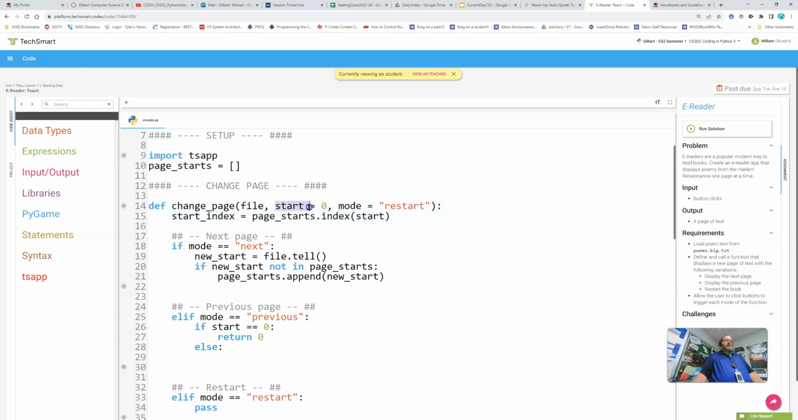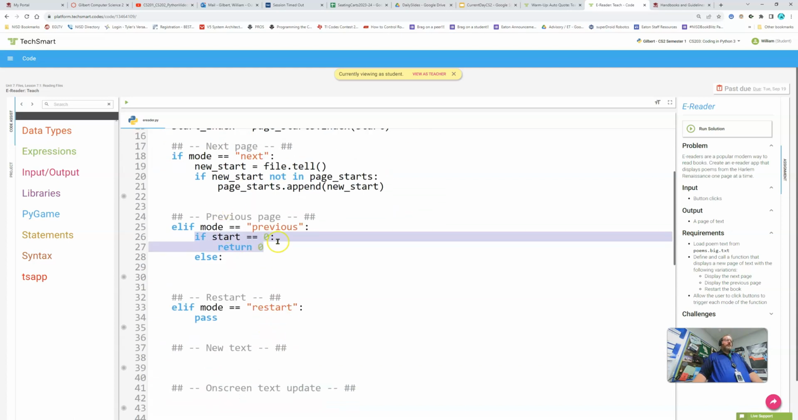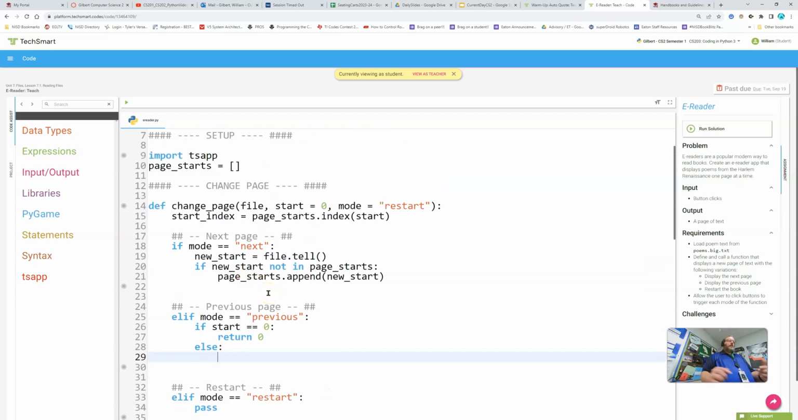So if they call the function with anything other than a 0, it's going to go into the list, it's going to find where that starting index is at, and it's going to store that. Well, if the starting index already is 0, we've already taken care of this part here, so we're just going to return 0. Otherwise, we're going to back up 1 in our starting index,